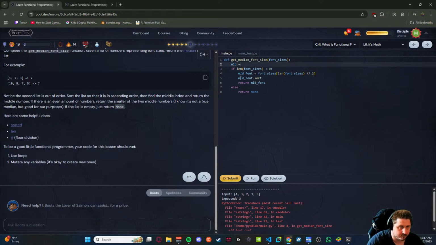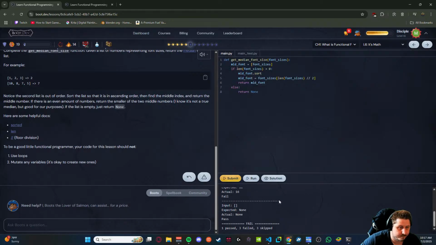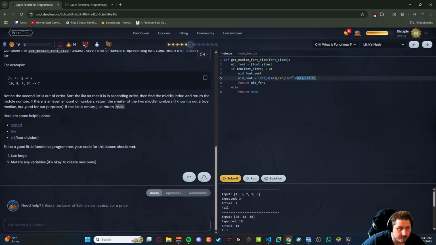What if I do mid font equals font sizes, and then we do sort, then we do mid font, len of mid font. Actual expected 3, actual 4 3 2 1.